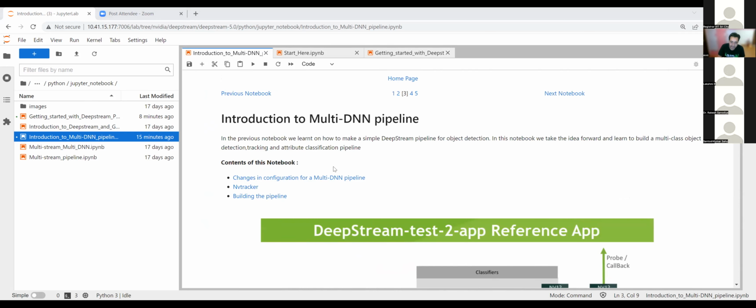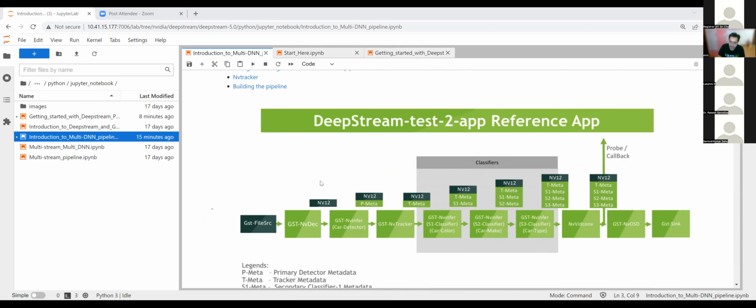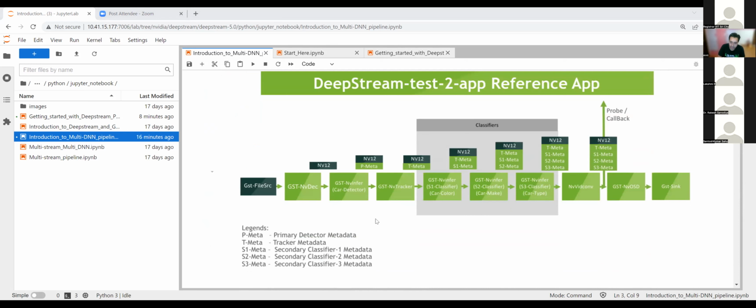So I'll just give you one example of how to make a pipeline and how we can make a classifier. In this one we have one file source. We can add a